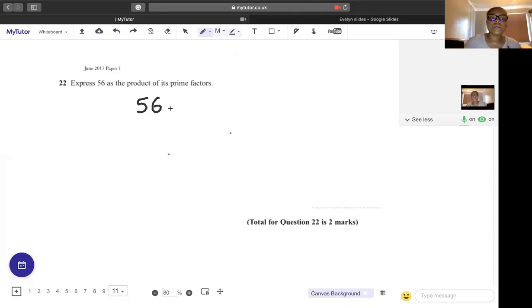Yes, it is. So we know that we can write this number as 2 times 28. Now 2 is a prime number, so we can circle our 2. And then we can continue with our 28. Now 28 isn't a prime number, so we can continue to split this one. Now 28 is an even number, so we can write it as 2 times